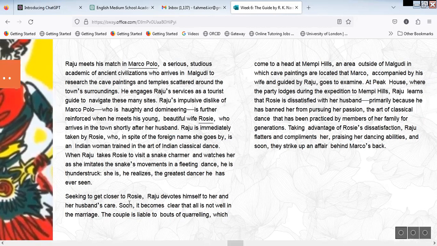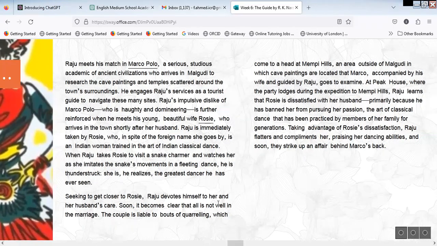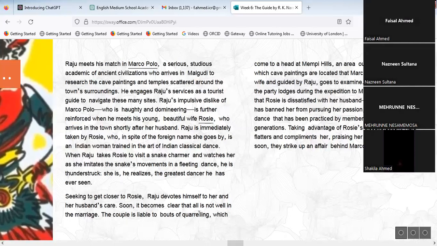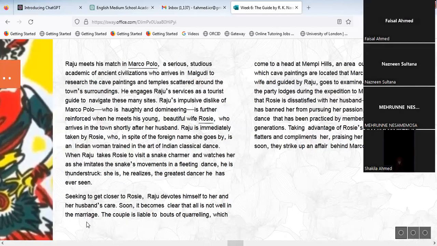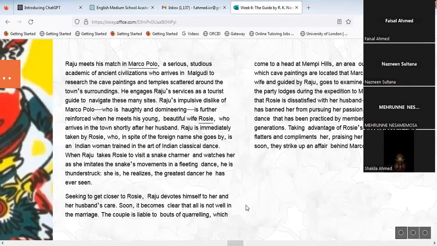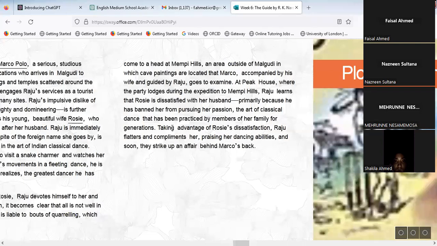So, seeking to get closer to Rosie, Raju devotes himself to her and her husband's care. Soon, it becomes clear that all is not well in the marriage. The couple is liable to bouts of quarreling, which means their marriage was unhappy, right? So it comes to a head at Mempi Hills, an area